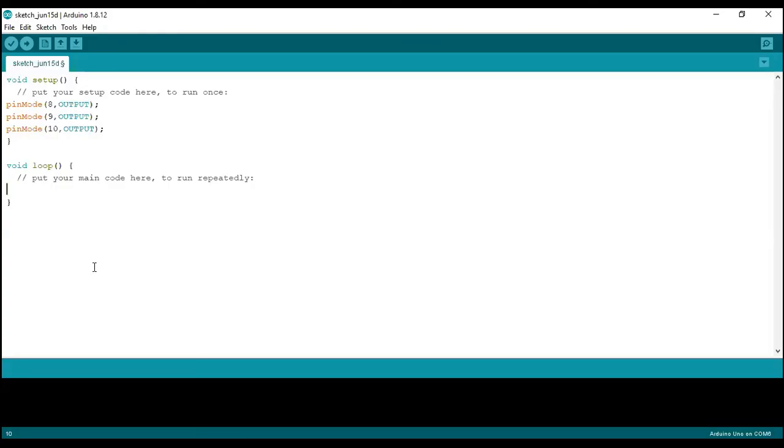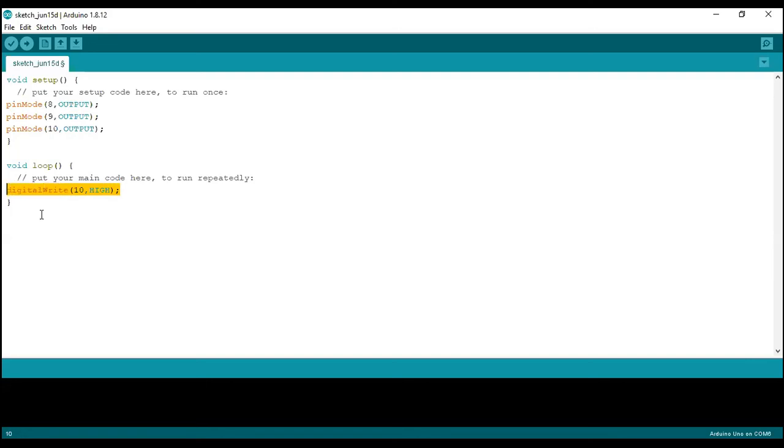To blink alternate LEDs, modify the code in loop function. Type digitalWrite open bracket 10 comma HIGH bracket close semicolon.